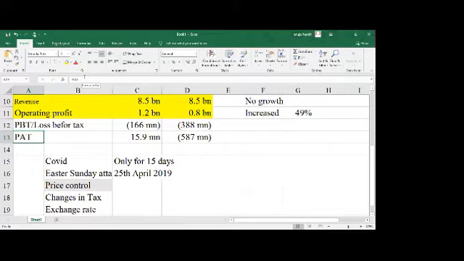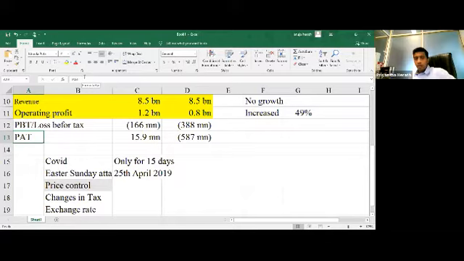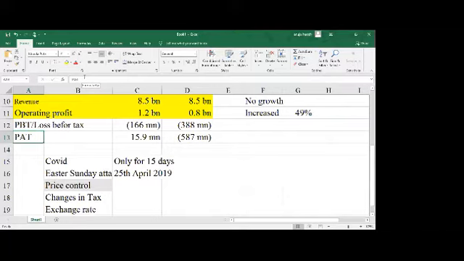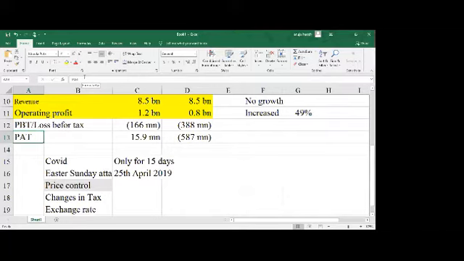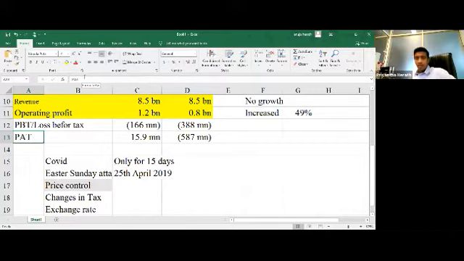What are the items that you eliminate when you calculate operating profit? Financing costs. Financing cost is one thing. And the depreciation and any provisions on those? Yeah, impairments. If you define operating profit and profit before tax,